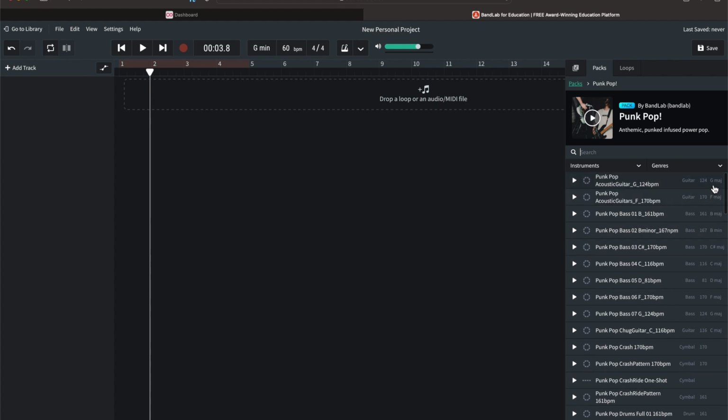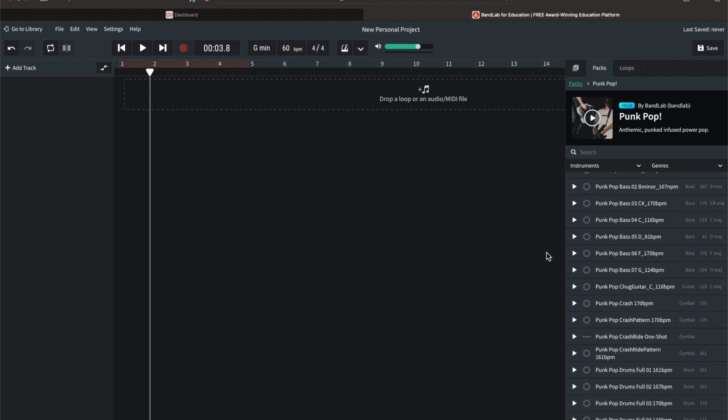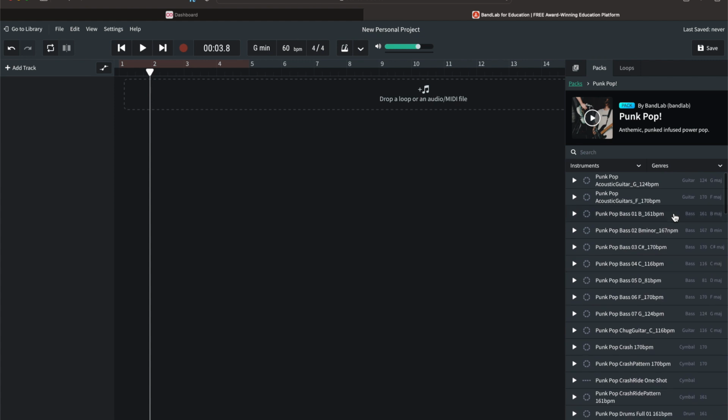You can see it says things like G major, F major, B major, B minor, C sharp major. These are really important because they tell you the key or the tonality of the loop that you're about to drag in. Now if you drag in two sounds which have completely different keys, they almost always will not sound good together. Now this one here, which is called punk pop bass C sharp 170 beats per minute, this